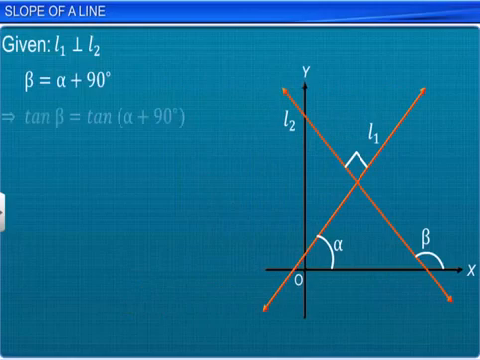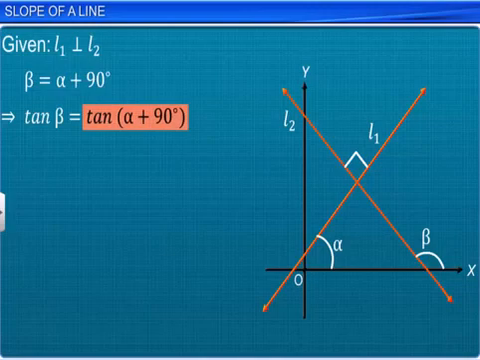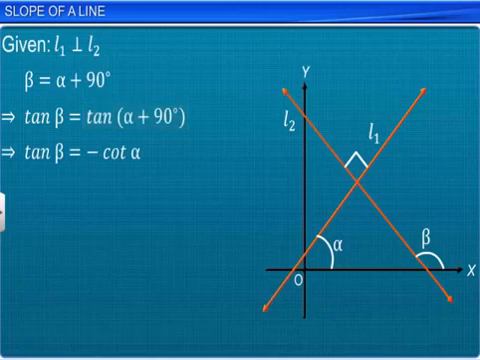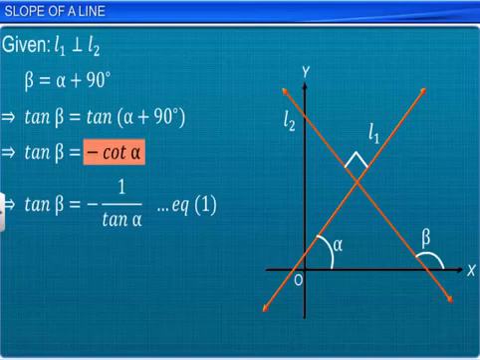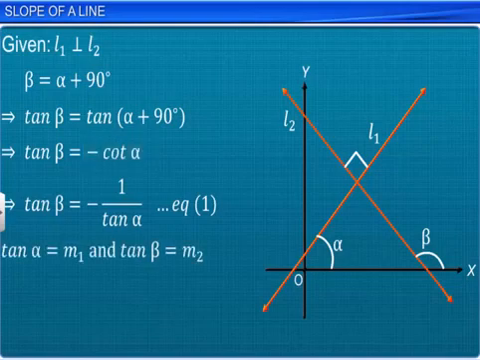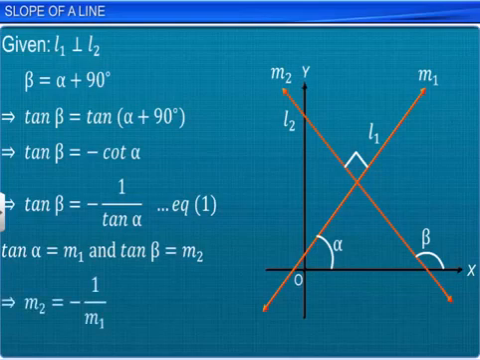Let us take the tangent of both the sides of the equation. Tan of alpha plus 90 degrees is equal to minus cot alpha. Also, cot alpha is equal to the reciprocal of tan alpha. Now, tan alpha and tan beta represent the slopes of lines L1 and L2 respectively. Putting these values in equation 1, we see that slopes of two perpendicular lines L1 and L2 are the negative